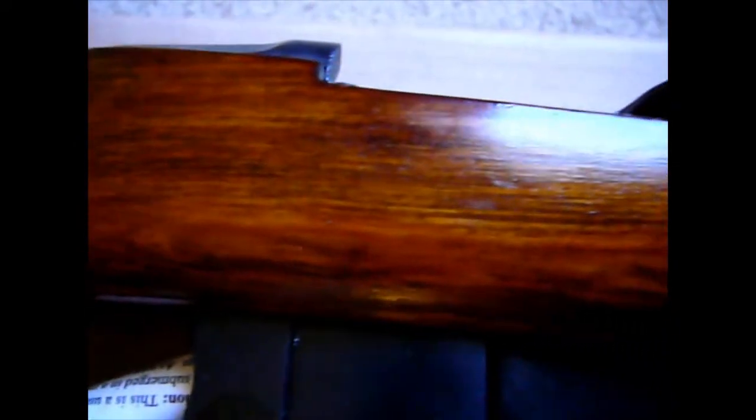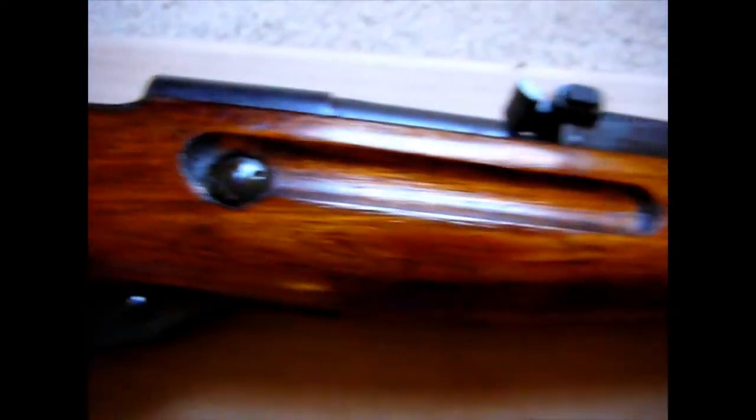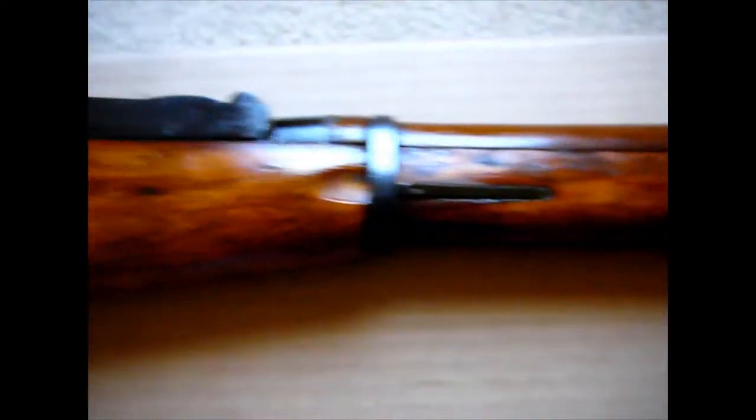And for you guys who are heavy collectors, you'll notice it right off the bat when we look down here. Let me see if I can get a better shot of that. That looks like the circle that they would put on the buttstock with the CCCP logo on it. I think it's been worn off, or maybe it's something else, but it's possible. The reason I think that is because while this stock is really nice, and it looks like it's been worked over with shellac at least once, I started looking at this and noticed